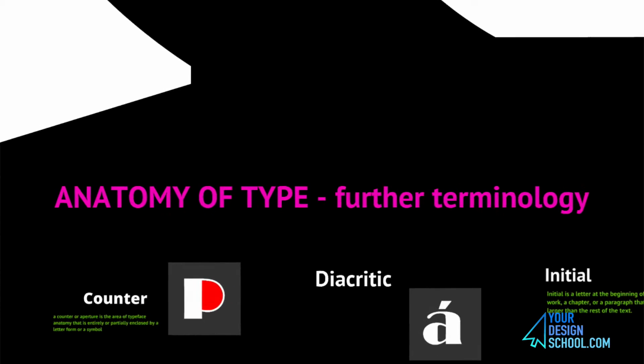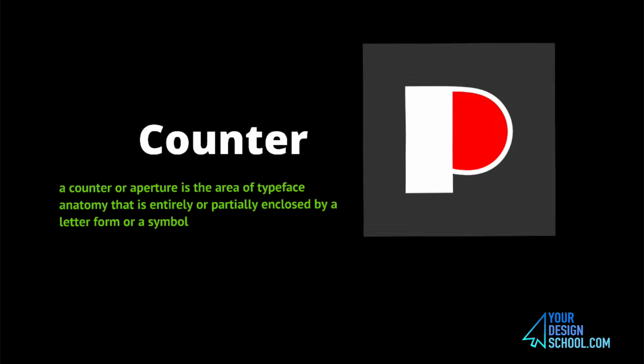Okay, let's have a look at some further anatomy of typography terminology. So we're going to break it down as though it's like an autopsy of typography. So we're going to look at the counter shape. Now, a counter shape is the shape that you find. It's the negative space of something like a P or a capital D or a lowercase b. If you imagine a polo mint, it's the hole of the polo mint. And that's the counter. It's the aperture of the typeface that's partially enclosed by a letter form